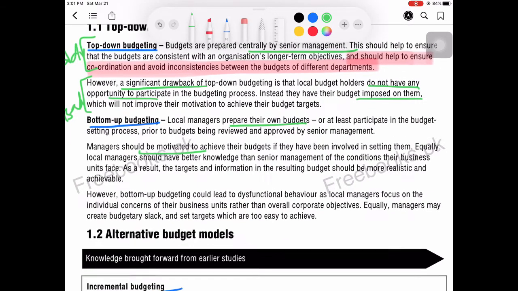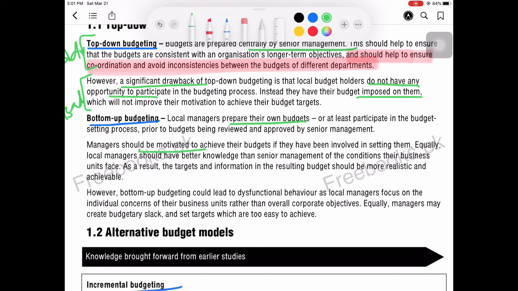disadvantage. Okay, next. Equally, local managers should have better knowledge than the senior management of the conditions their business units face. As a result, the targets and the information in the resulting budget should be more realistic and achievable. So this is also a plus point, that it will be more realistic and achievable, and they will be more